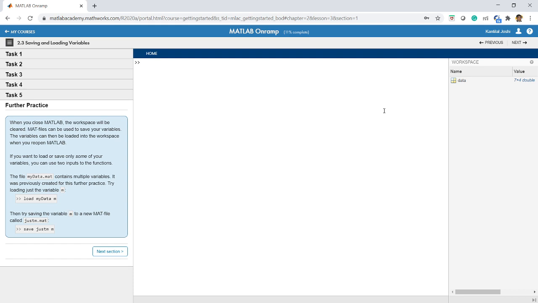This is what we have seen in this particular section 2.3: how you can save and load the variables, how the variables are named, etc. I hope you are following me. This is very simple to understand, but it is very important to keep track of this, because these small tips will be very useful when you write larger programs. Moving on to the next section.